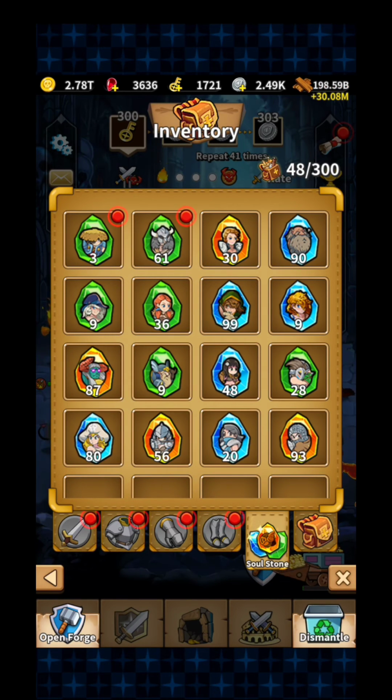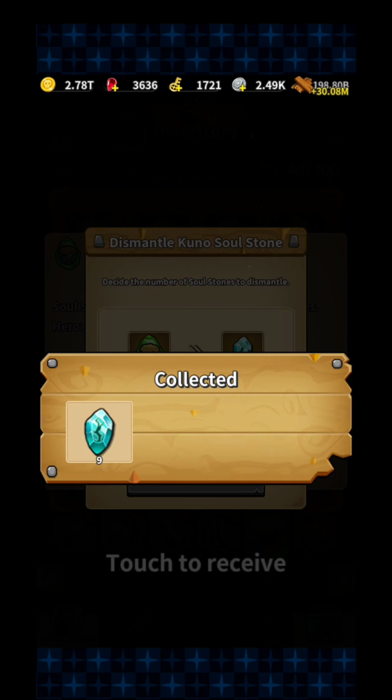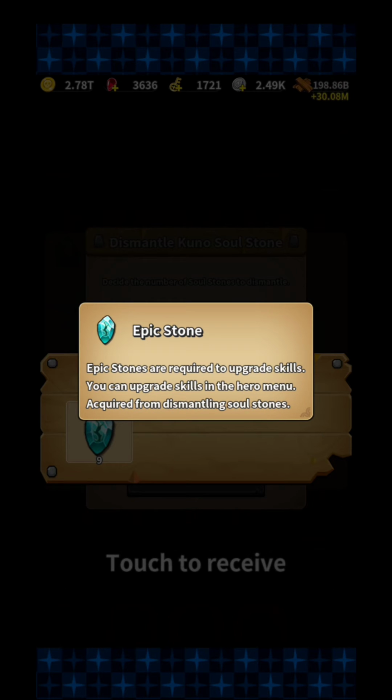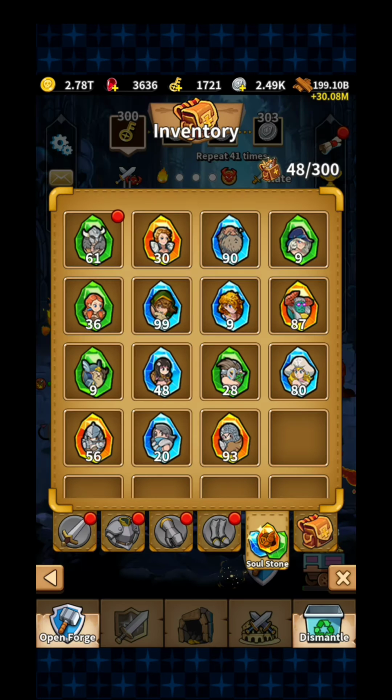So these are going to be the hero shards. You're going to be able to dismantle them, as I mentioned. So dismantle these ones, it doesn't matter. So you're going to get these ones, the epic stones. As I mentioned, the epic stones are required to upgrade skills. You can upgrade skills in the hero menu. Depending on which hero you decide that you're not going to use, you're going to be able to dismantle